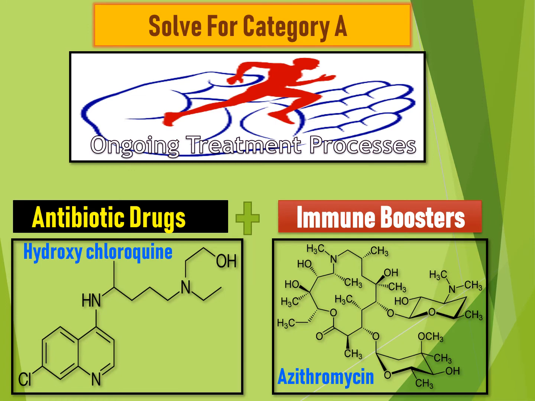And of course, another important thing is that in most cases, in India mostly it's being used, and in many foreign countries also they requested India, and the Indian Prime Minister was pleased enough to export these drugs also. We are using this kind of antibiotic drug along with immune boosters. The very important drugs being used here are hydroxychloroquine along with azithromycin. These are very important drugs being used.